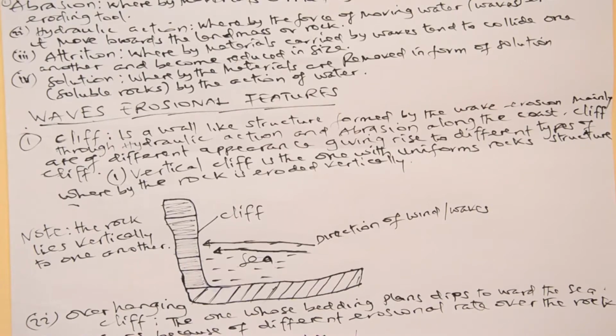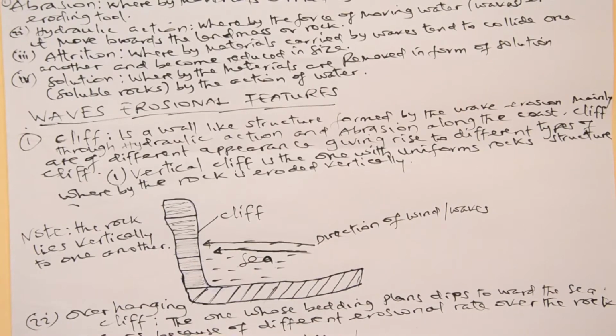The sea, when it moves, can cause erosive or depositional features. Therefore, here there are different features which can be caused by wave action. As you saw with rivers, the erosive features we saw such as potholes. But here we are describing different erosive features caused by wave action.